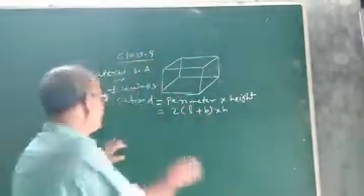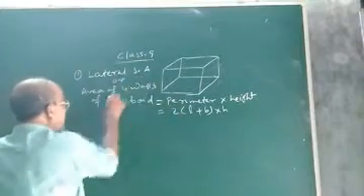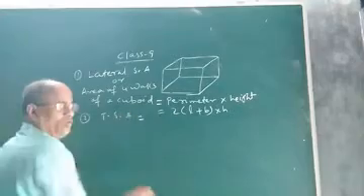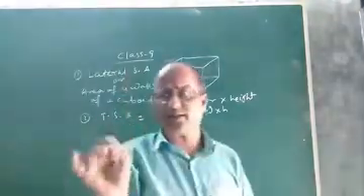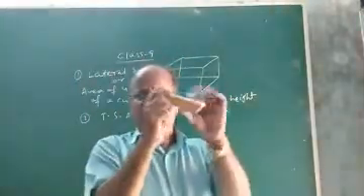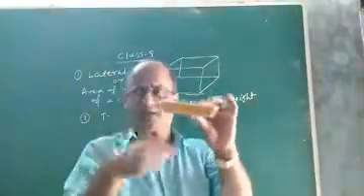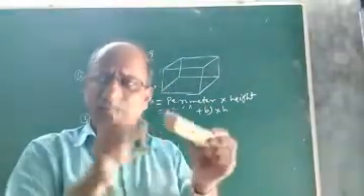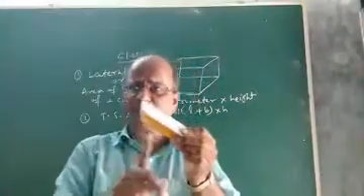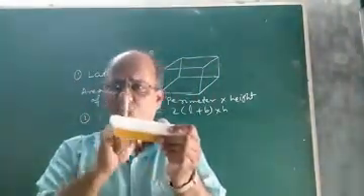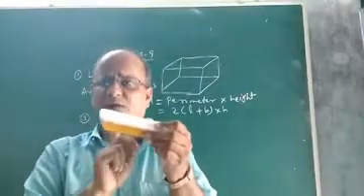Okay. Now, if this is the area of four walls or lateral surface area, then what will be the total surface area? How to get the total surface area of a cuboid? As I just told you, in a cuboid, other than the base and top, the four other faces or surfaces are lateral surfaces. So when the concept of total surface area comes, in order to find the total surface area of a cuboid, what do we have to do?